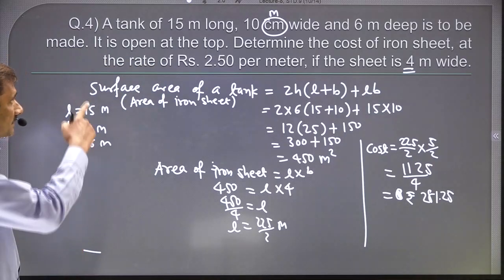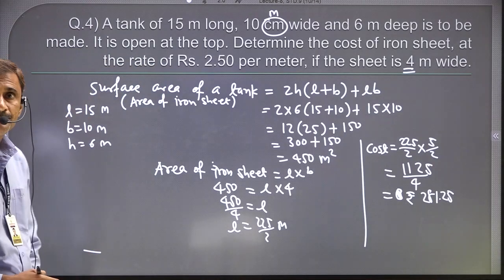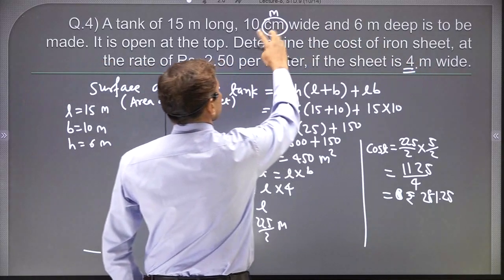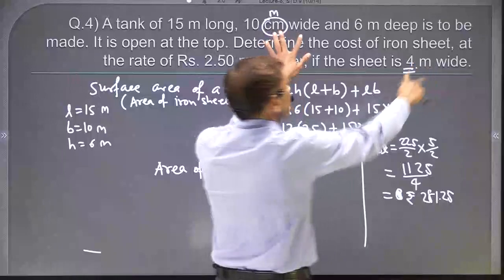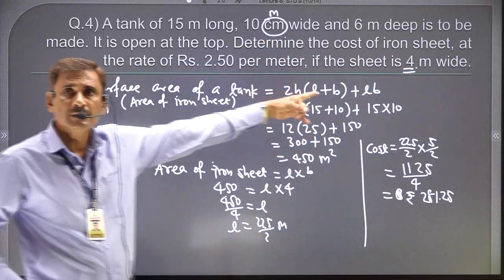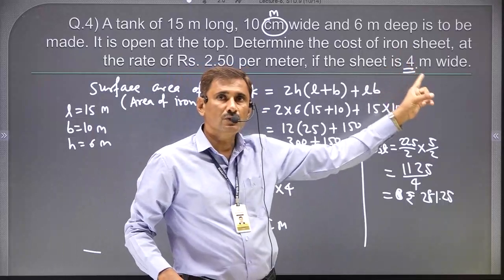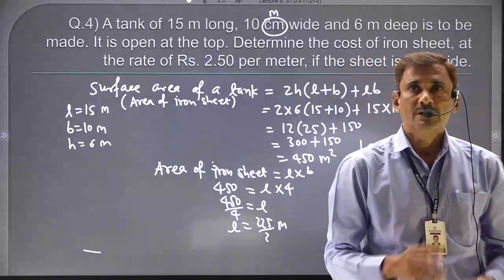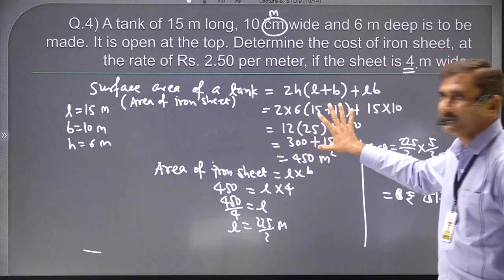Okay, so understand well. First of all, understand the question well. Now you may be confused here. Again, 4 meter wide is given here, 10 meter wide. So 2 widths are given. What is the meaning of that? Just don't get confused by that one. Right now at the starting point, don't consider it. First of all, you have to find your requirement.